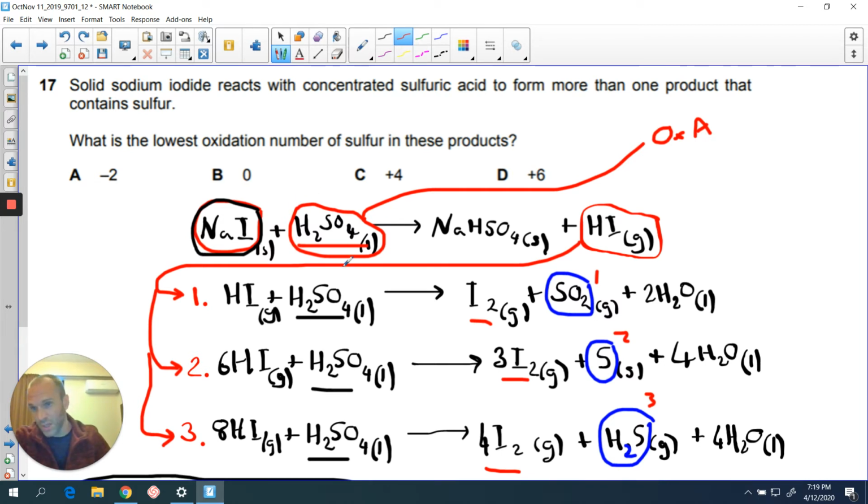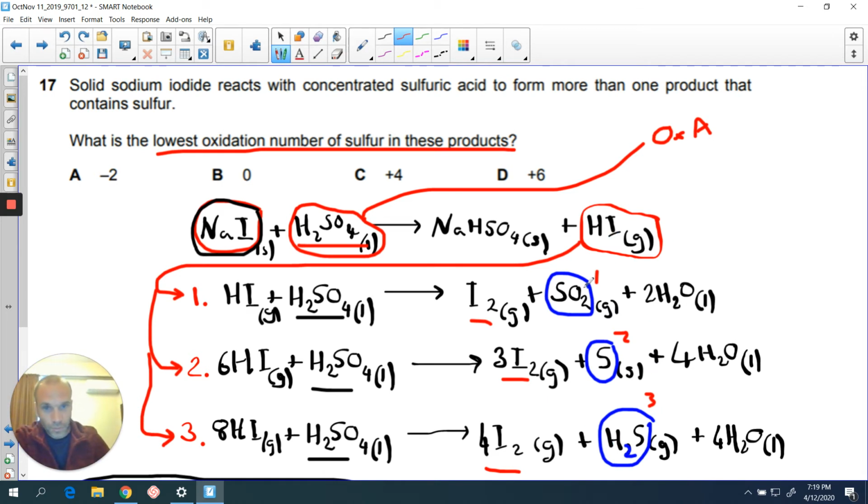the oxidizing sulfuric acid. And what your question is asking you here is what is the lowest oxidation number of sulfur in these products? So just to be clear, I think it's way better you just learn that there are three potential sulfur products when you react sodium iodide with sulfuric acid: sulfur dioxide, sulfur, and hydrogen